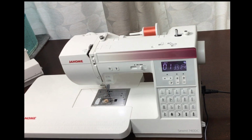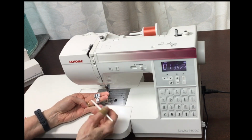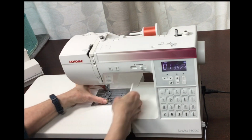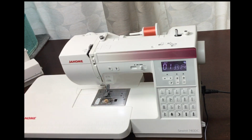Okay, the next foot that I want to talk about, in fact, I'm going to get the manual, and that's going to be a lot easier for me to talk about them in the right order. All right, the next one is the zipper foot. This is the zipper foot E, and this foot can be attached to the machine on the left or the right of the needle. If we attach it to the right,